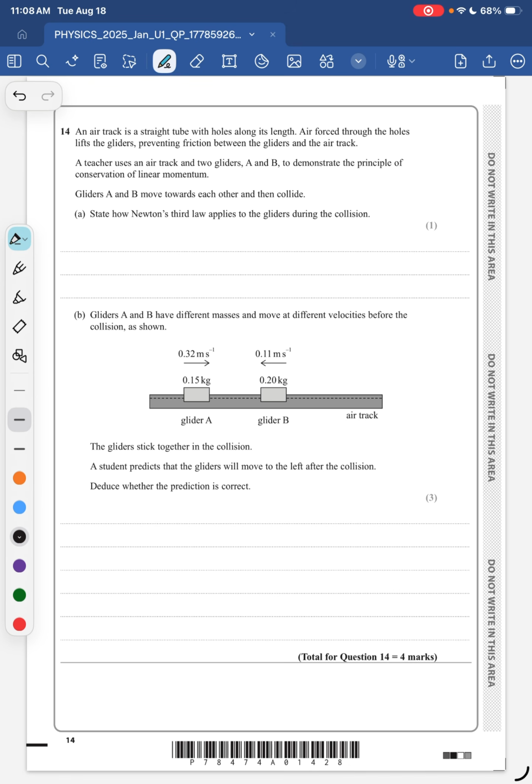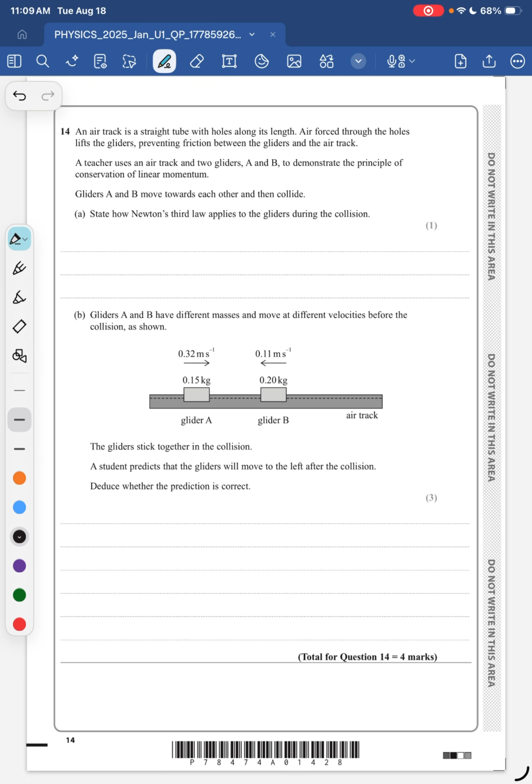For the record, when I was doing my PhD in the United States, one of the first assignments I had was a teaching assistantship, which means that I was helping with lab teaching and tutorials and stuff like that. But anyhow, one of the first experiments I did with the students was this one with the air track. So I'm very familiar with that. So anyway,